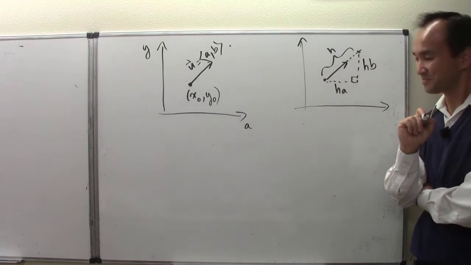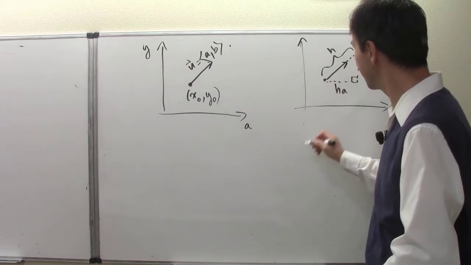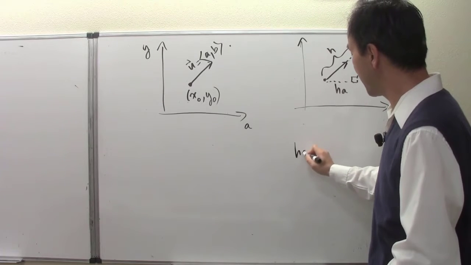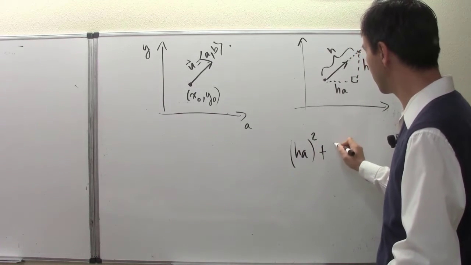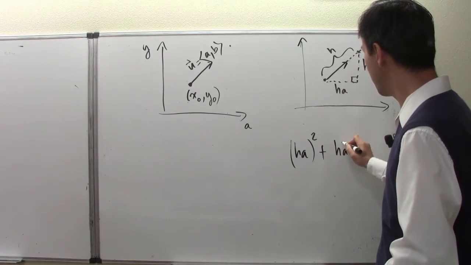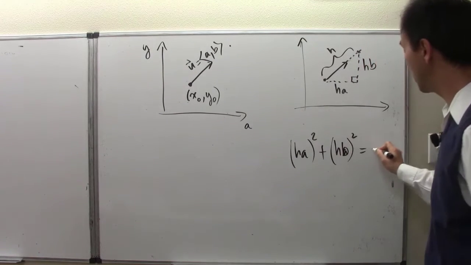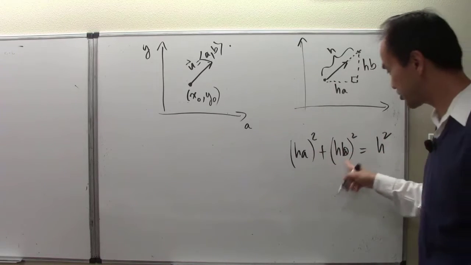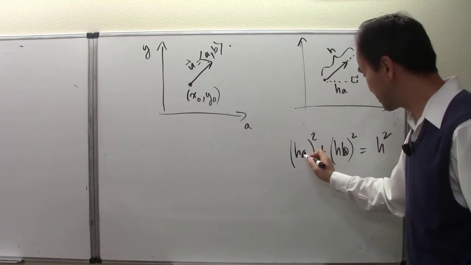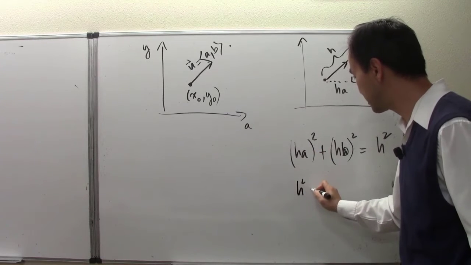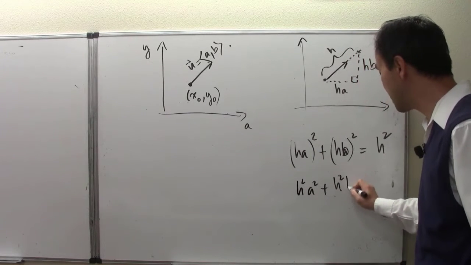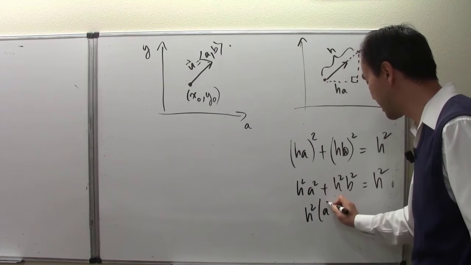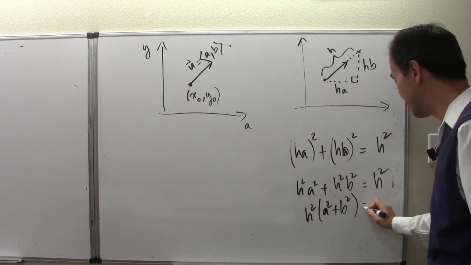That is simply because, think about it, if we use the Pythagorean theorem right here, then the square of ha plus the square of hb has to equal h squared. That is according to the Pythagorean theorem. Let's check for consistency. ha all squared is h squared a squared, plus h squared b squared, equals h squared. Then we can factor out the h squared, multiplied by a squared plus b squared, and that is indeed